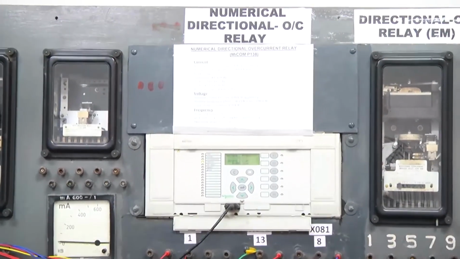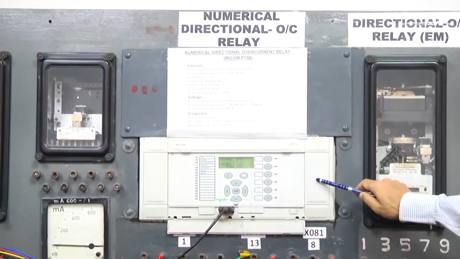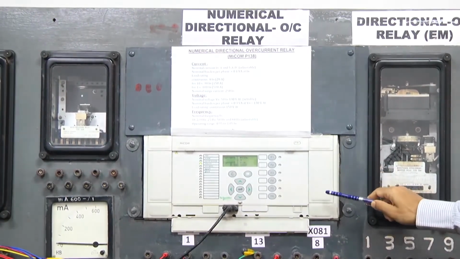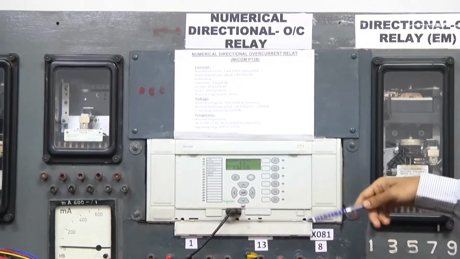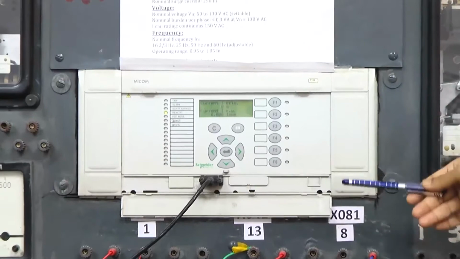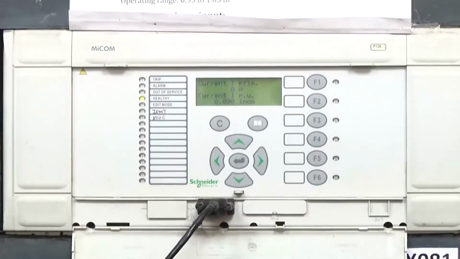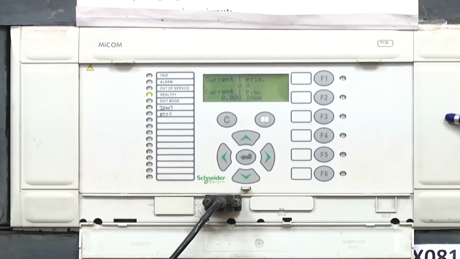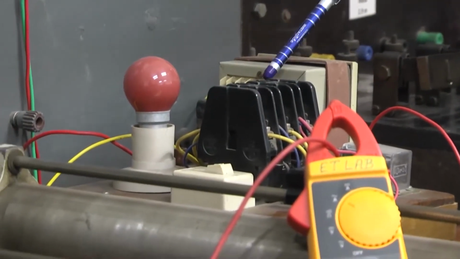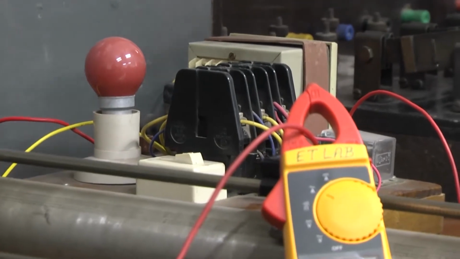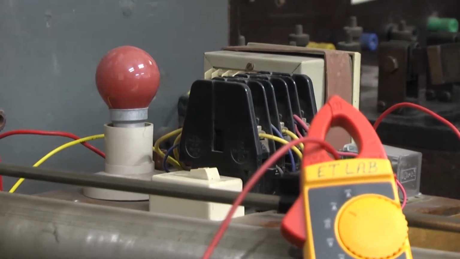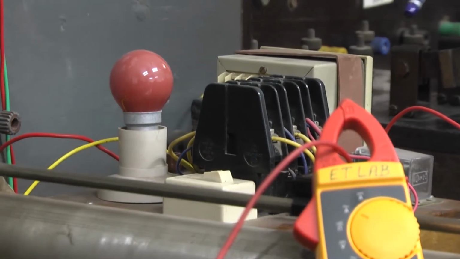This relay is multifunctional, and in this case however, we are using it only for the directional overcurrent principle, and it can be used for any other purpose like differential and simple overcurrent and so on. Now, when the relay makes a trip decision, it sends the command to the particular breaker, and the breaker opens and trips the corresponding network where the current is high and where the direction of fault is in the forward direction.